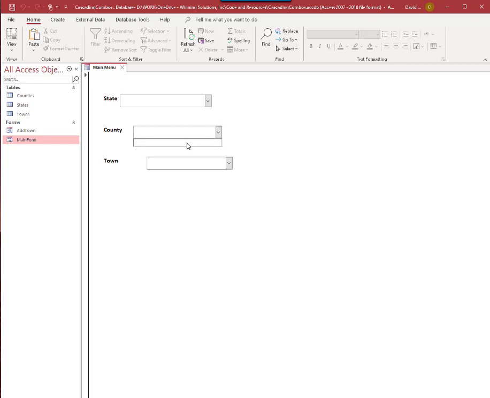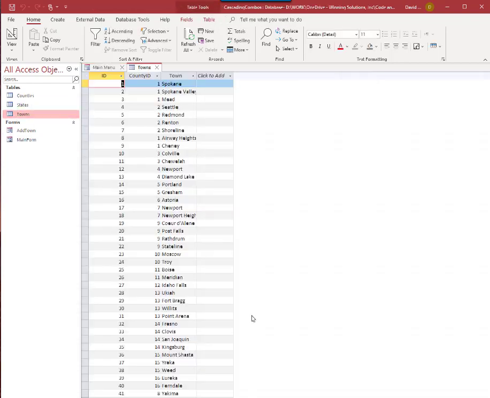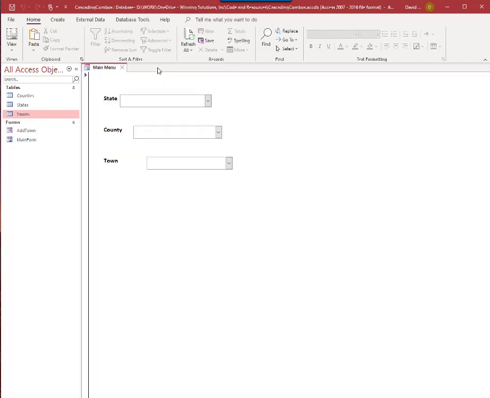We could have chosen to just list all counties, everything in the county table, everything in the town table, and it might have worked okay here because we only have 40 or so towns in here. But of course that can get very unwieldy if you have a large amount of data. So you want to be able to filter these. And so because we have a relationship